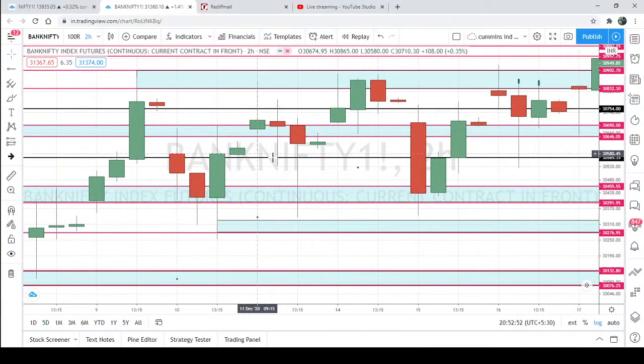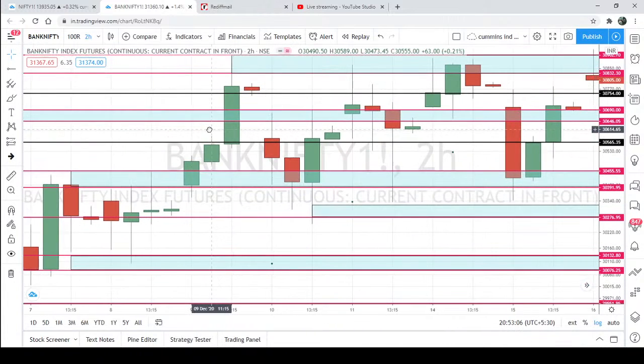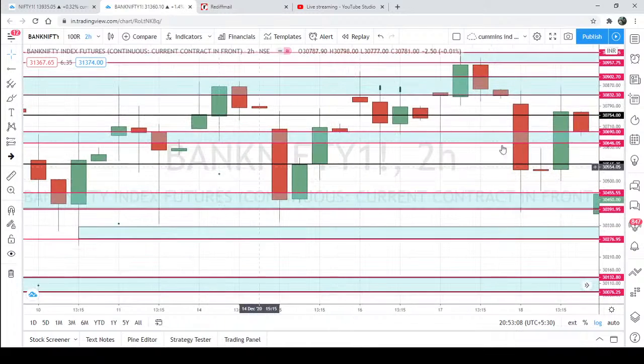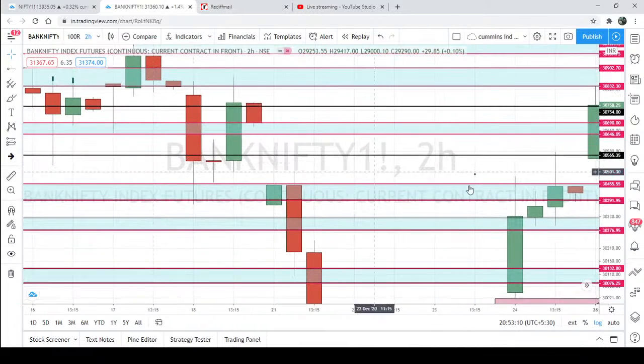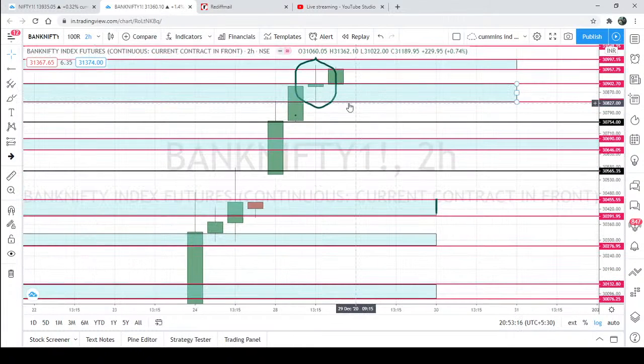I'll show you some more spinning tops or dojis. You can see here we had 2 spinning tops, and after the low broke here, that's around 33.25, there's a big candle on the downside. There was a big candle tail, but it had recovered on the same day probably. So whenever you have a spinning top, especially in Bank Nifty on the 2 hour chart, you can wait for some good momentum there, and make sure once you are in profit, you start trailing your profit so that you don't lose the potential profits you have earned.